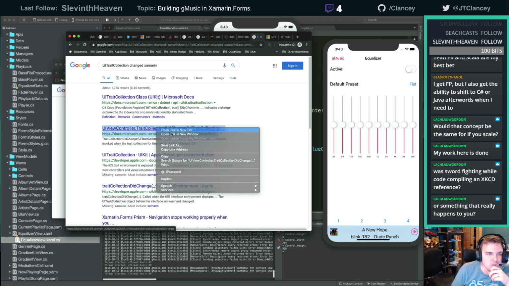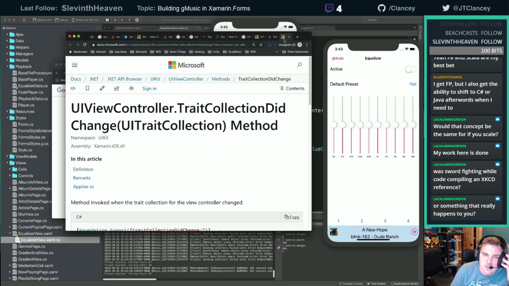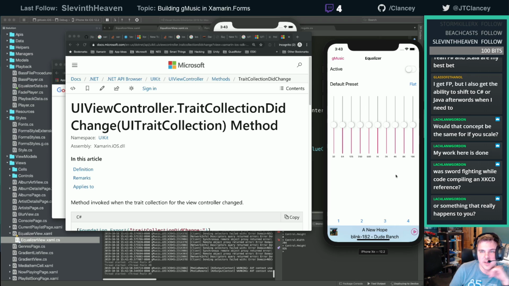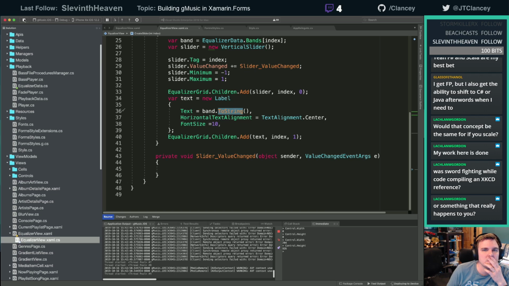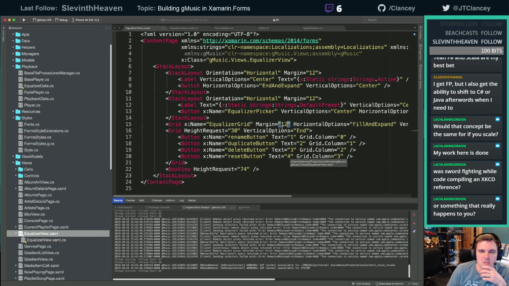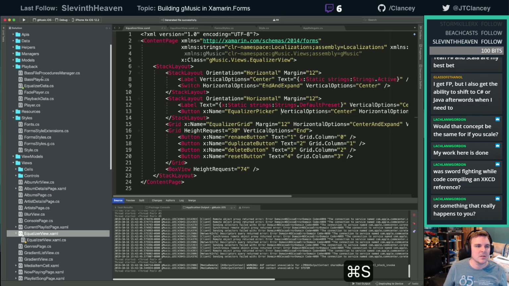It's at the view controller. All right, so now those look a lot better. Those are centered nicely. I'll probably center this grid because it could be nicer. All right, center and expand.